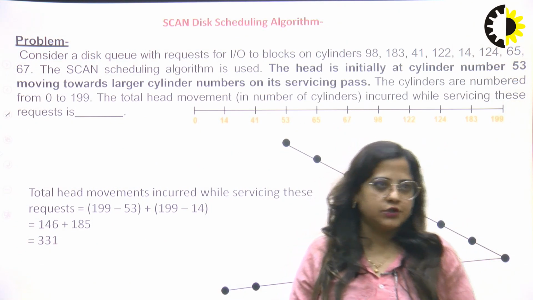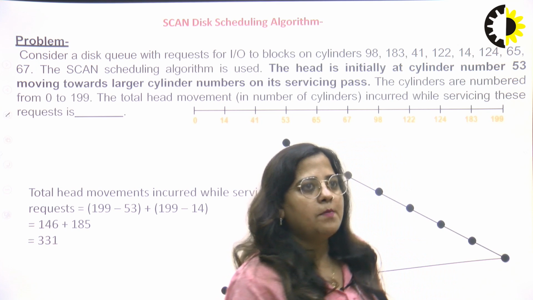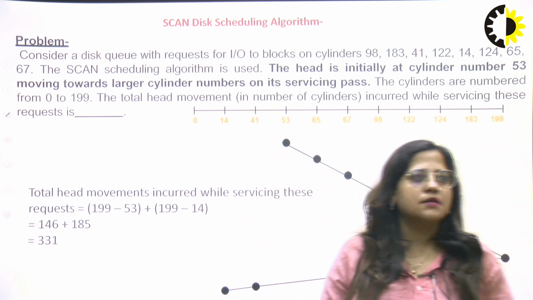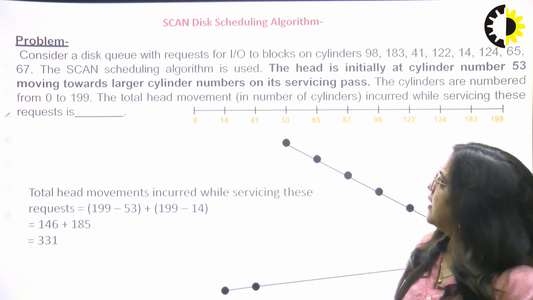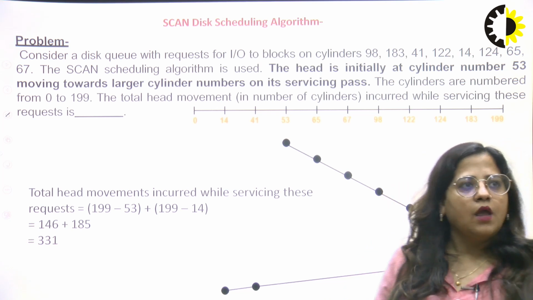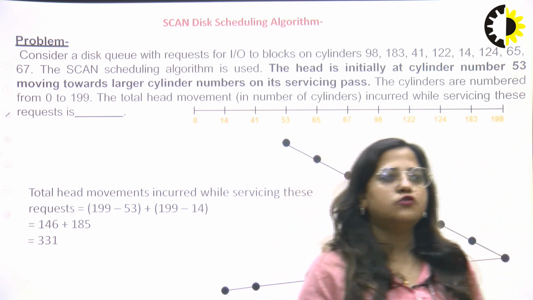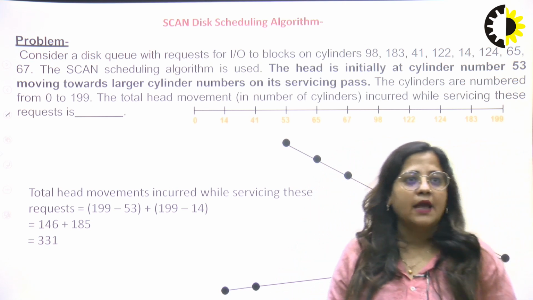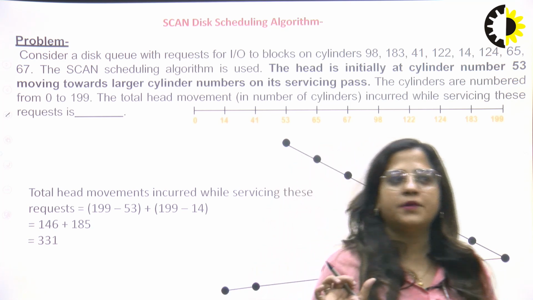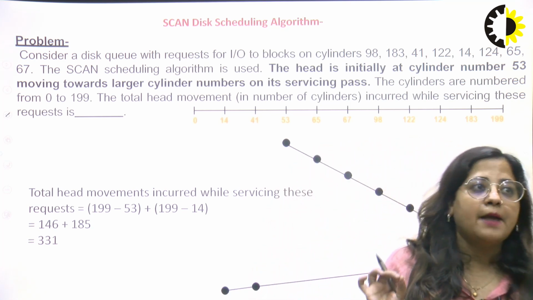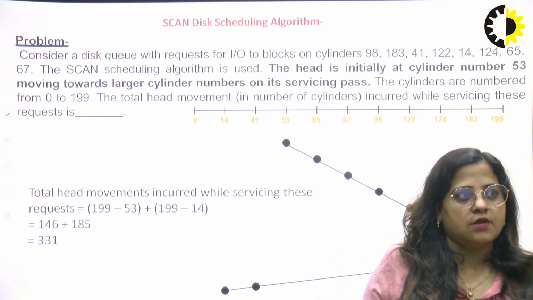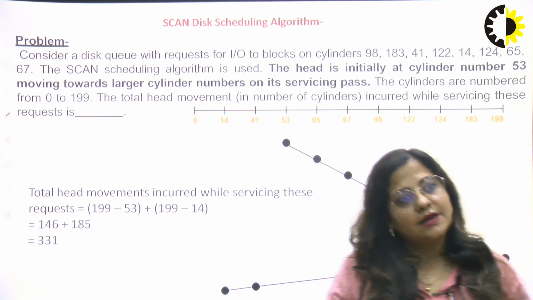So this is the question again, which is solved by the next scheduling algorithm. It is the same question given on the last slide: 98, 83, 41, these are the same requests, but this question is solved by the SCAN scheduling algorithm. Here the initial read-write head cylinder number is 53, same as the previous one, but now check which direction of movement is given in your question. Here it is moving toward the larger cylinder number.